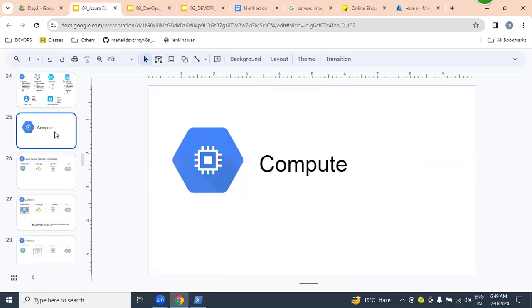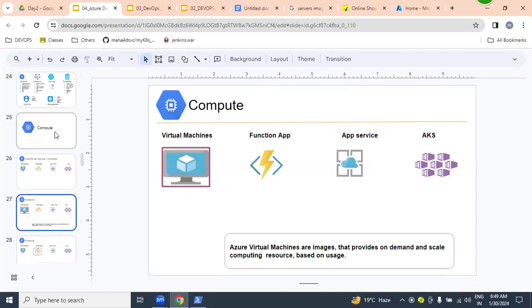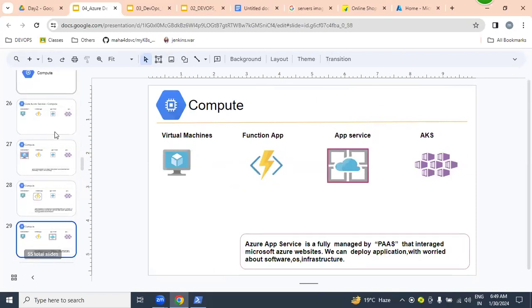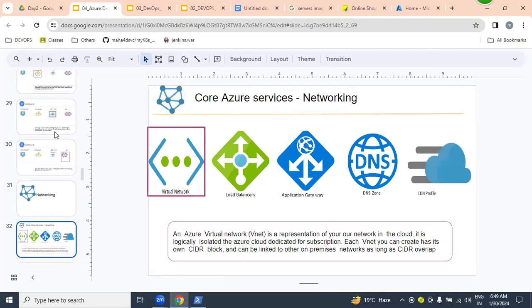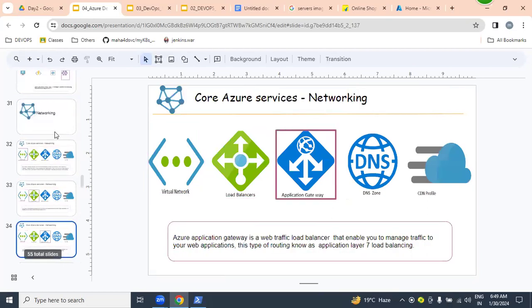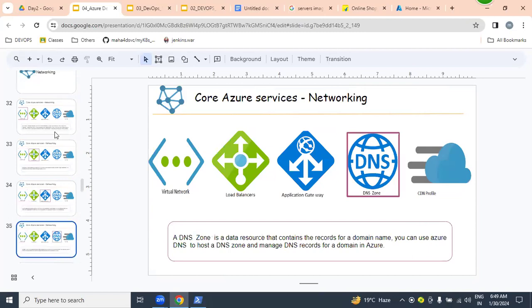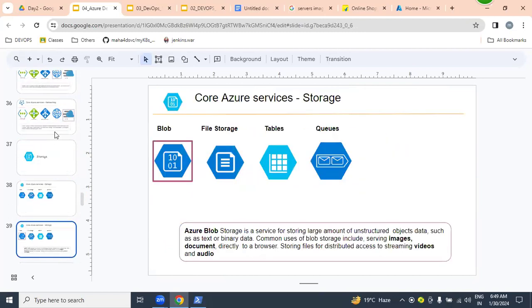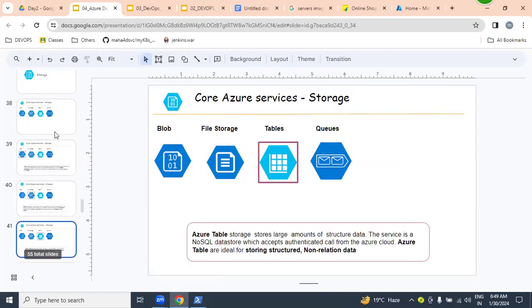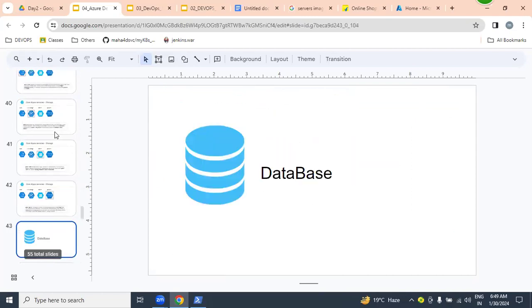For example, in compute, we're going to discuss virtual machines, function apps, and AKS. In networking, we'll discuss virtual network, load balancers, application gateway, DNS, and CDN. In storage accounts, blob storage, file storage, table storage, and queue services.